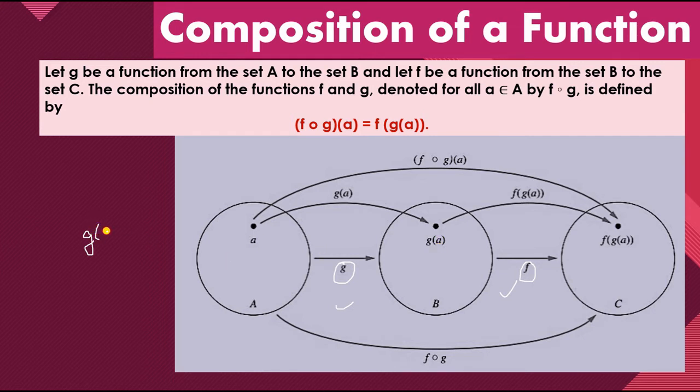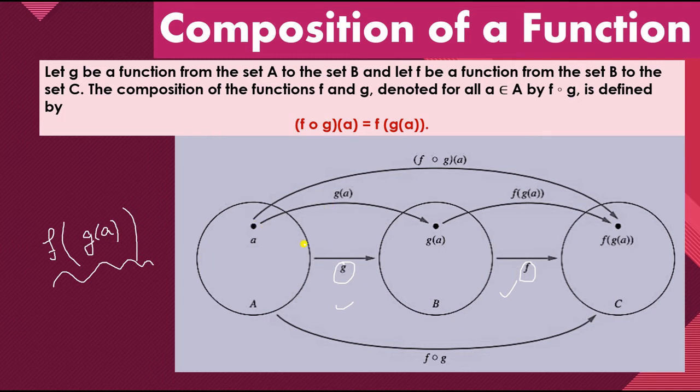g of small a. And another function that is from this capital B to the capital C, that is f. So it is basically this g of a is having another function, so we will write it like function of g of a. So this is the way we write the composition of function when we have more than two sets, and